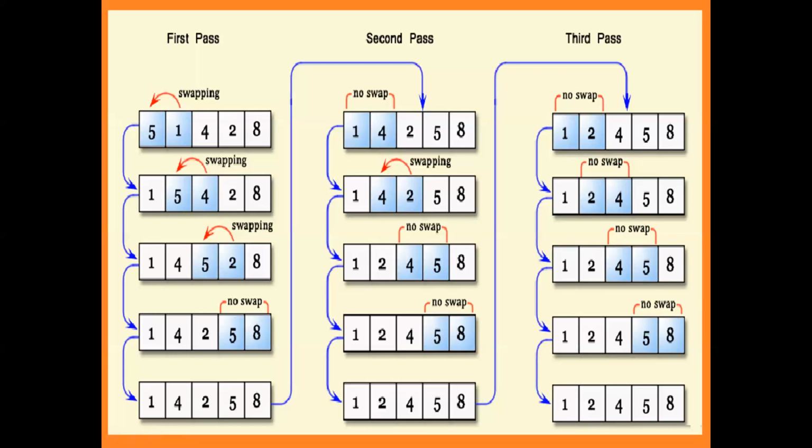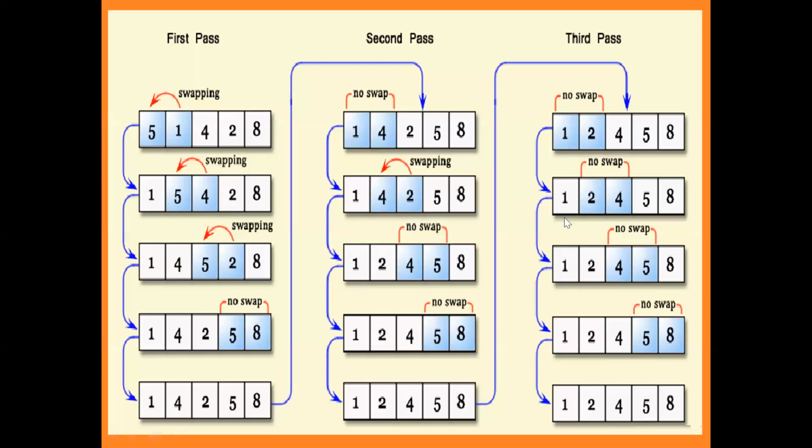Each and every step will compare the current element with the next element. If the current element is greater than the next element, swap those two numbers. If the current element is smaller than the next element, then no need to swap. This process is continued until the list comes into sorted order. We get to know that the list is in sorted order when, going from the beginning to the end, you are not doing any swappings, and that indicates that the list is in sorted order.